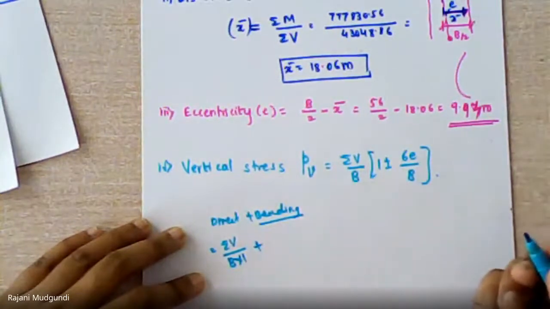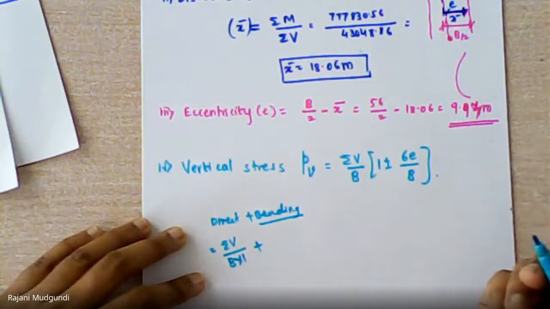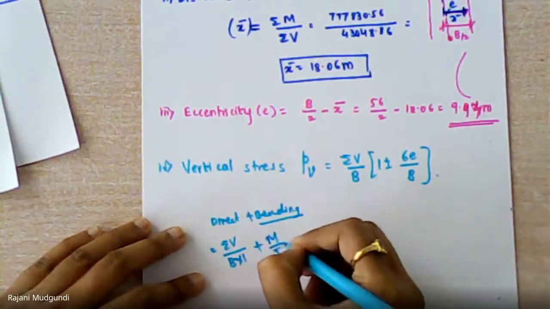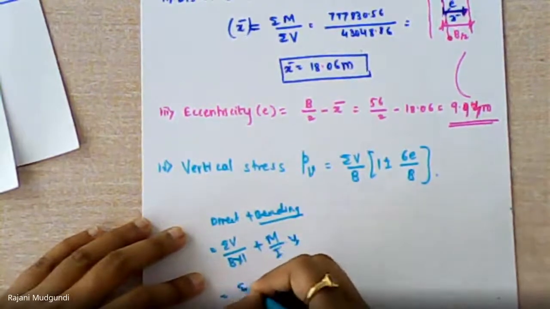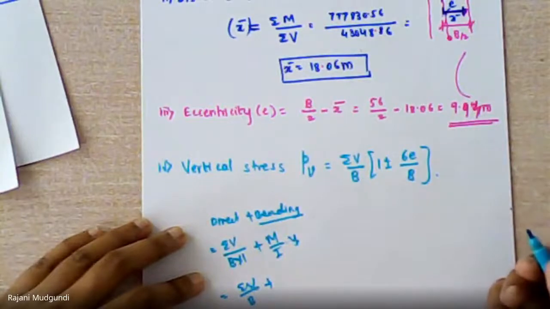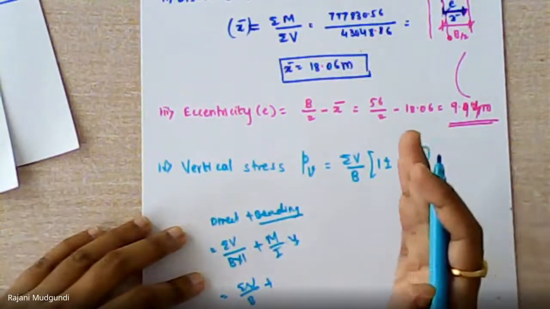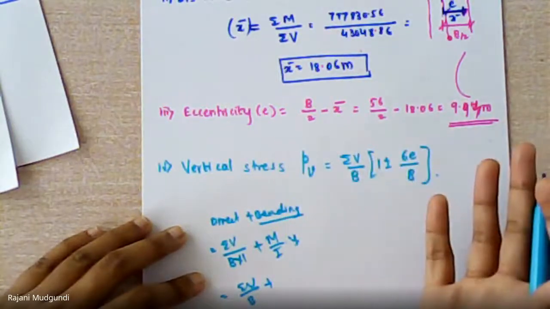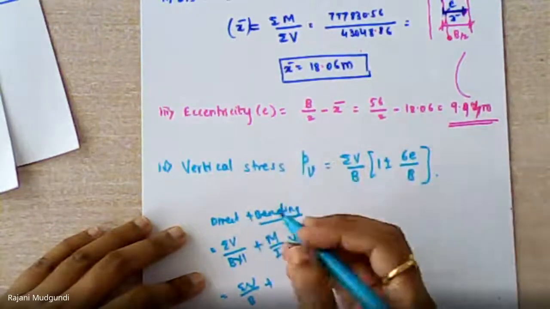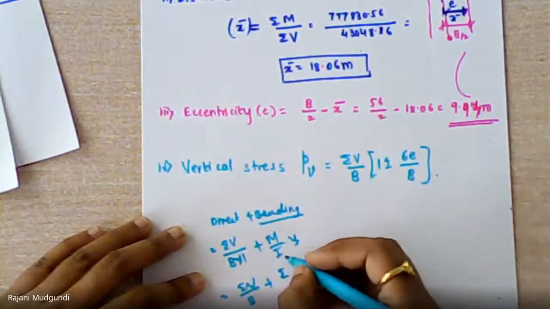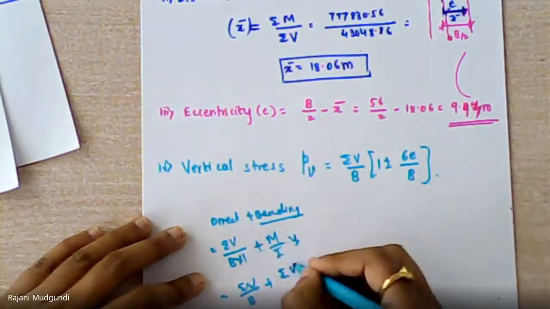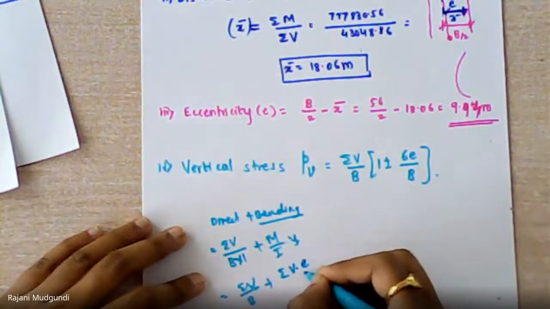You know what bending stress is: M by Z, or M by I into Y. So summation V by B plus, again this M is nothing but force into lever arm, that is P into E. Here P is the total vertical downward force, summation V, into E